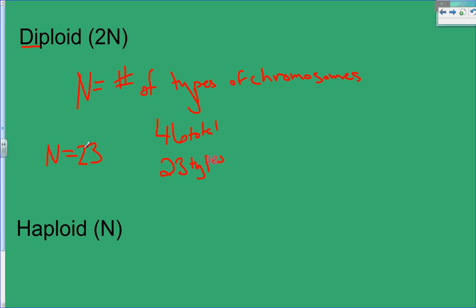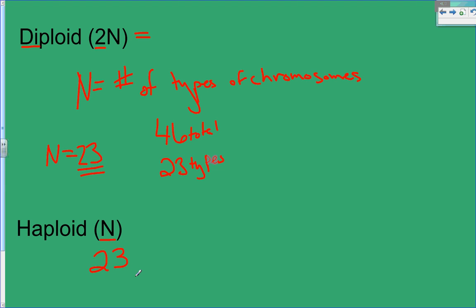So humans, our n number is 23. We have 23 types. You get one from mom and one from dad. That's why this 2 up here means I've got 2 of each of those 23 types. So that means diploid. 2 of each type would be diploid. Most of the cells in your body are diploid. Haploid means that you only have n chromosomes. So in this case, 23, because humans have 23 different types of chromosomes. So notice you only have 1/2 of each pair. This is what we see in egg and sperm,